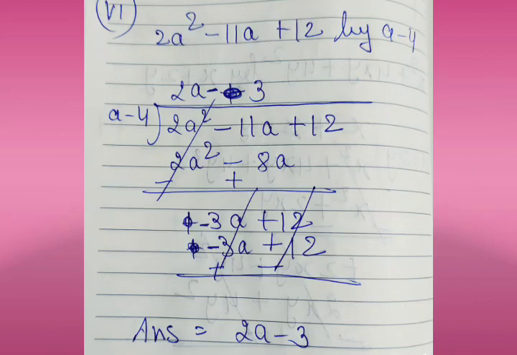Now with a minus 4, we'll multiply minus 3 and then only we will get minus 3a plus 12. Again we will change the sign. After changing the sign, we can cancel the terms and the answer will be 2a minus